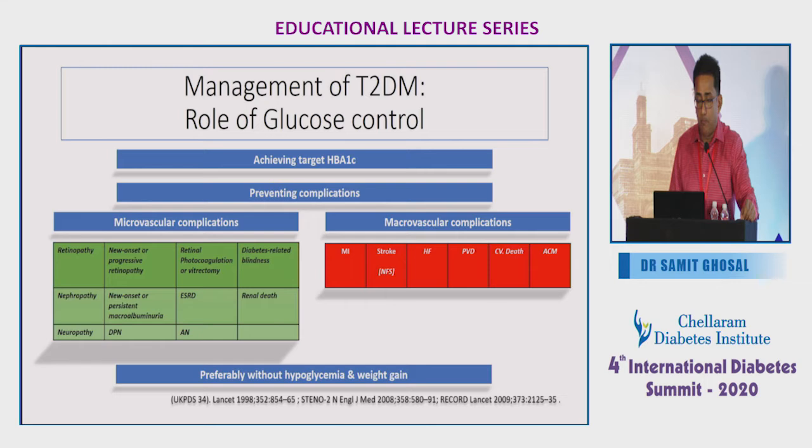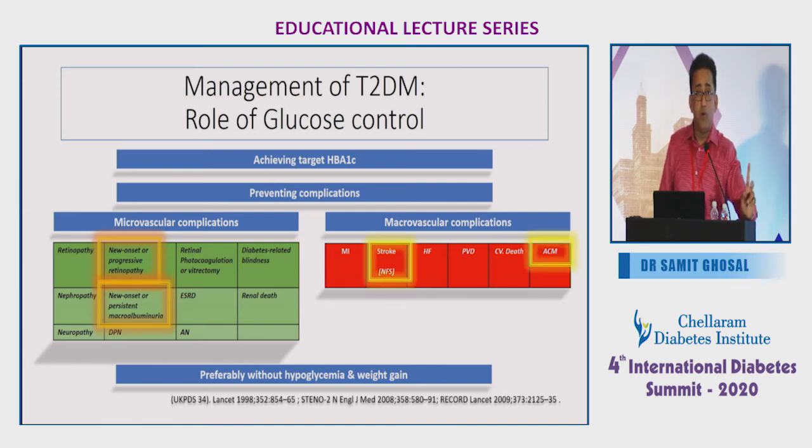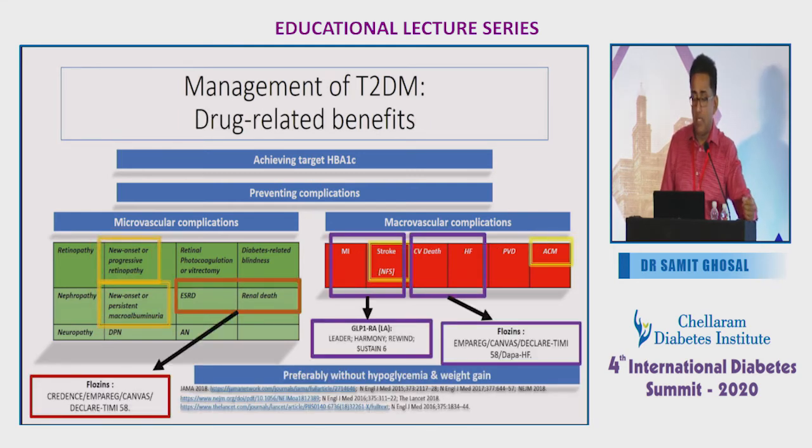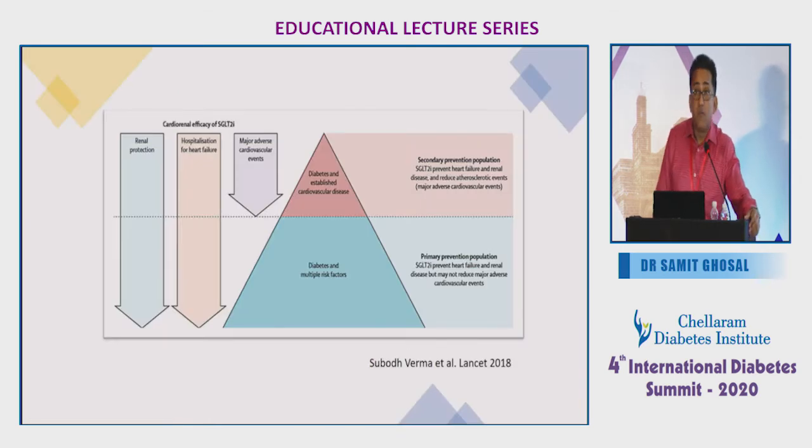So from the glucocentric point of view, this is the summary of all the complications that our patients can develop. And if I just manage HbA1c and bring it to target, these are the 4 yellow boxes which we can tick as being covered: prevention of new onset or progressive retinopathy, macroalbuminuria, non-fatal stroke, and all-cause mortality. These are the only 4 complications we can prevent by achieving our A1C target. What about the rest of it? And this is where today we are lucky to have drugs like SGLT2 as well as GLP-1, which can help in reduction of ESRD, renal death, myocardial infarction, cardiovascular death, heart failure, and all-cause mortality. So from prevention to treatment, we are actually treating the tip of the iceberg.